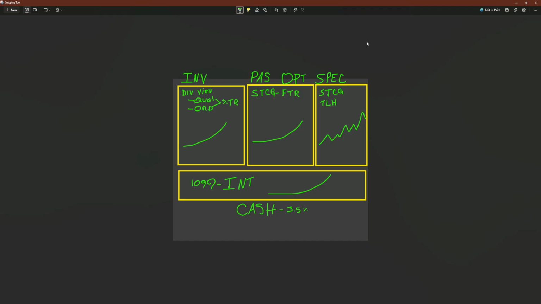We're talking about the first layer of portfolio structure. We've got investments, we've got passive options, we've got speculation, we've got cash. Now, you don't need to do all four of those, but at the very least, to the extent of my ability to recommend, you are going to want investments. Let me just change this to an actual arrow so it looks a little bit cleaner. You're going to want investments, and you're going to want either passive options or cash. You don't have to do speculation if you're not comfortable with it.